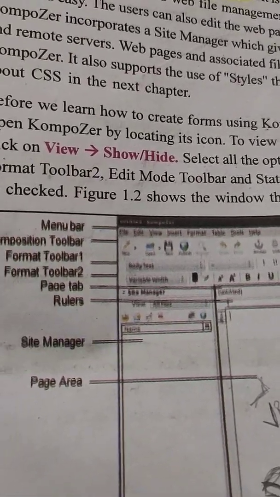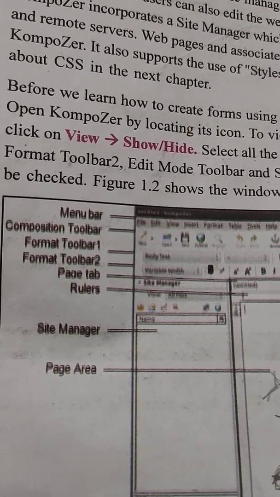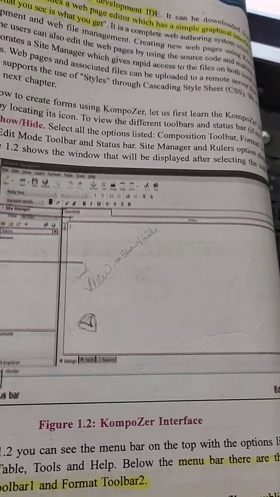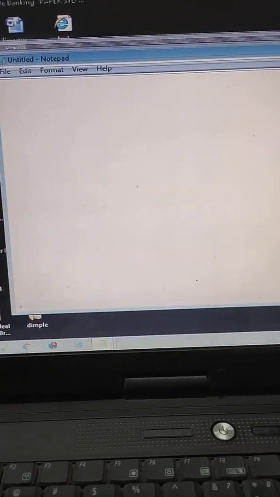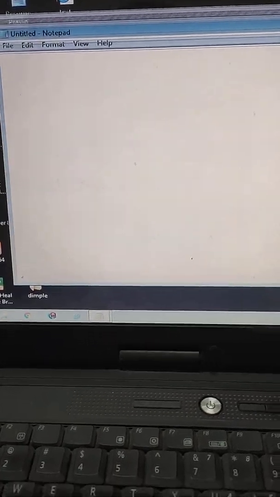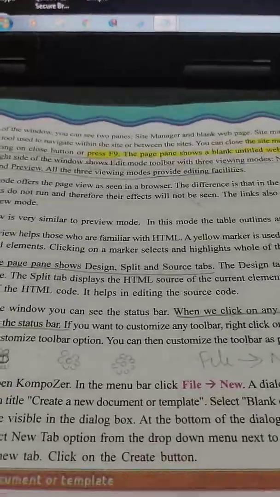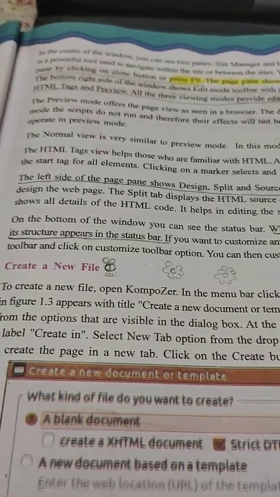In Notepad you don't have these. In WordPad also you don't have them. Side manager, page area, status bar, active cell. Notepad doesn't have any of these menus. You can see what Notepad is. This is the difference between Composer and Notepad. Got it? Both are graphical user interfaces, but both have differences.